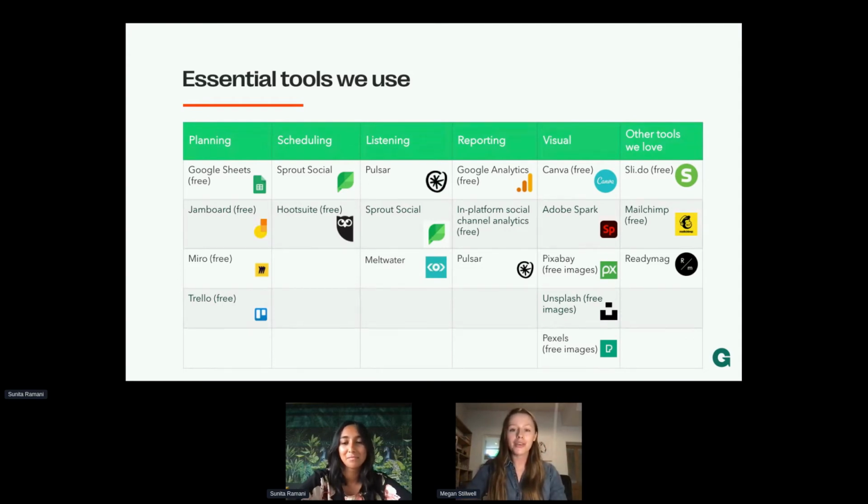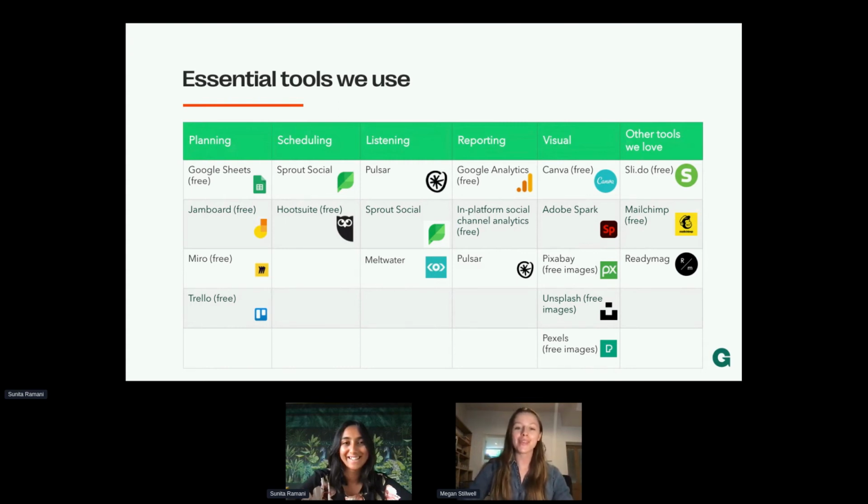Next, we have Trello. You may have heard of Trello. It's quite commonly used now. It's a project management tool that allows you to assign tasks to certain people, set checklists and deadlines, and manage how you're doing in your progress. Onto the social media side of things, we've got Sprout Social and Hootsuite, and both of these are scheduling tools which allow you to plan your content. Both have analytics and reporting features, but Sprout also has a more advanced feature, which is social listening, which brings me on to social listening tools.